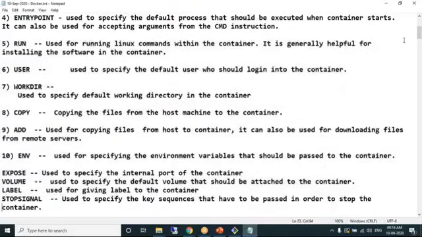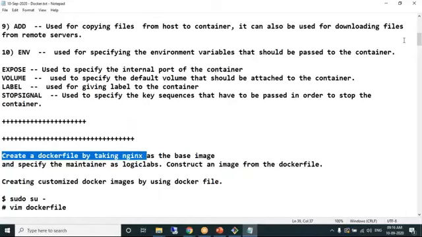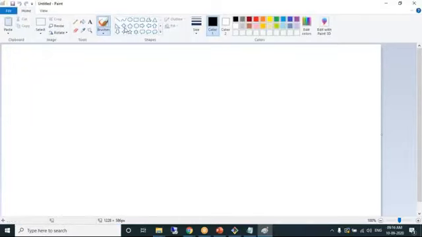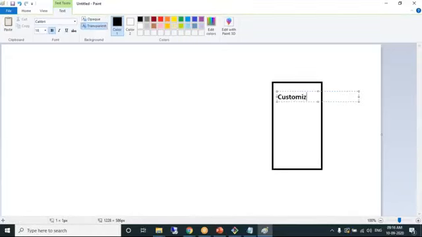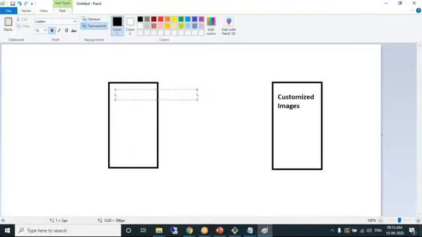Okay, look here. Create a Dockerfile using Nginx as a base image. See, what we are doing, we are creating customized images. How can we create customized images? By taking the base images. Base images are nothing but the predefined images. Always we take from a base image,